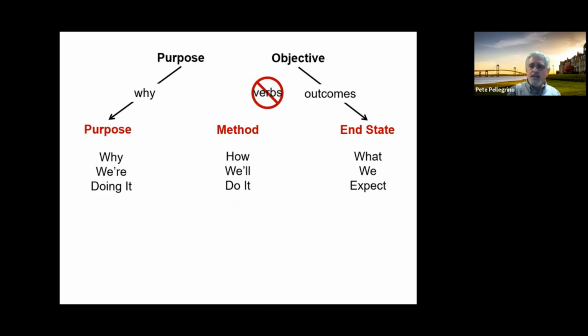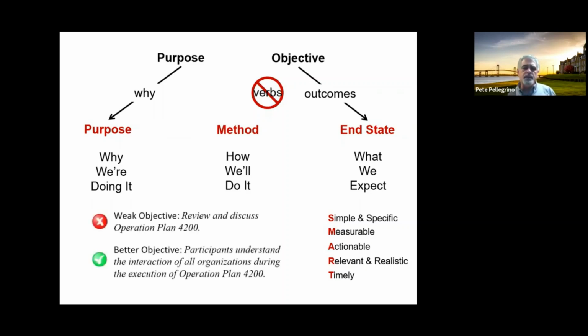So the objective defines what I was expecting at the end of the game. Every board game, every other game has some sort of objective that the players understand they're playing for. The objective of the game is to be the last person, the first person, the guy with the most, whatever it is, and it's a defined victory condition, which we all recognize. Otherwise it's difficult to play a game and not know if you won or not, because no one can recognize the victory condition if it's not in end state language. And we expect those end states to be simple, measurable, actionable, relevant, and timely: the SMART objectives that we talked about before.